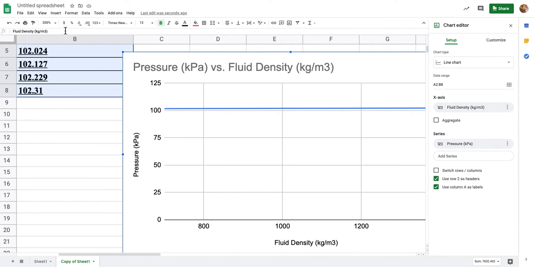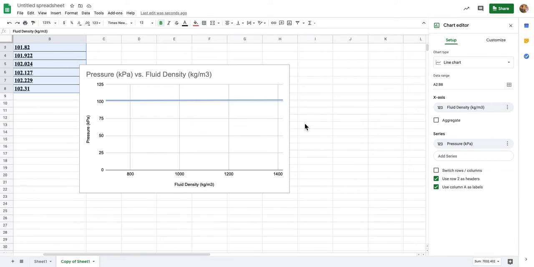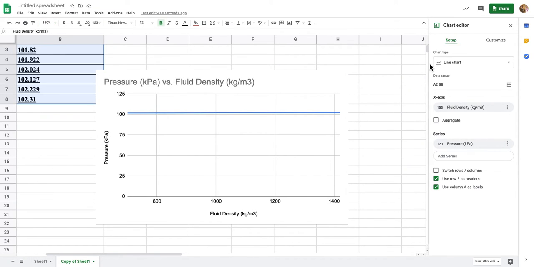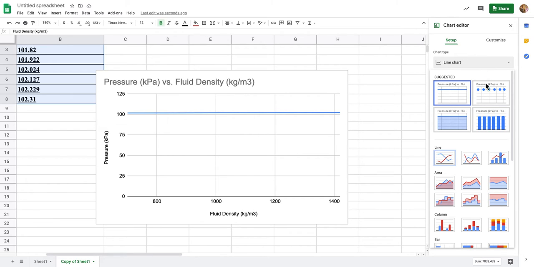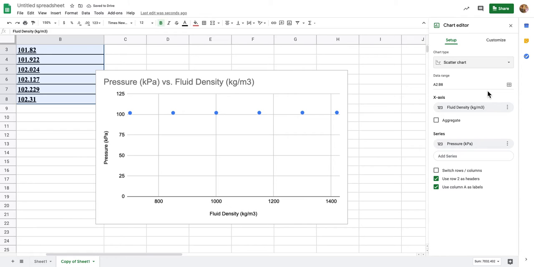Alright, so my chart looks a little bit funny, right? I'm gonna need to change the axes. Right, so I'm gonna go to here and I'm gonna pick the scatter chart. Okay, scatter chart. And I'm also going to change my y-axis, because if we can see, my data is filling up all of the x-axis, but it's kind of squished in the y-axis, right? So we're gonna come over here and we're gonna go to customize,